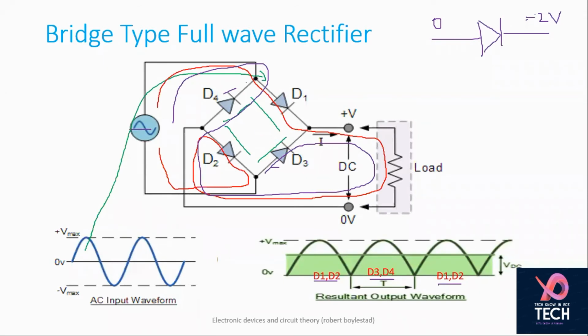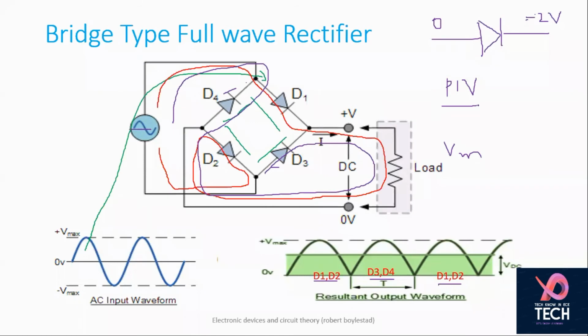In this case, when your diode is reverse biased, so D3 is reverse biased in the first cycle. So what is the voltage applied across this? You are getting maximum voltage Vm. That's all. So that is the peak inverse voltage in the case of your bridge type rectifier. So what are the advantages of the bridge type rectifier?